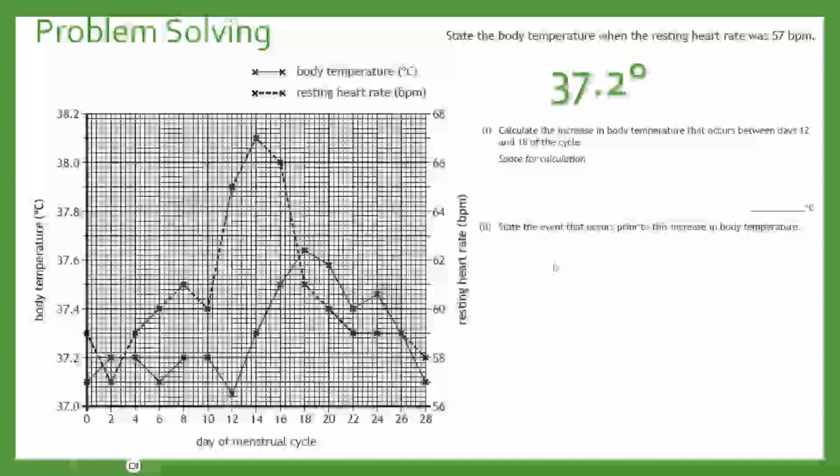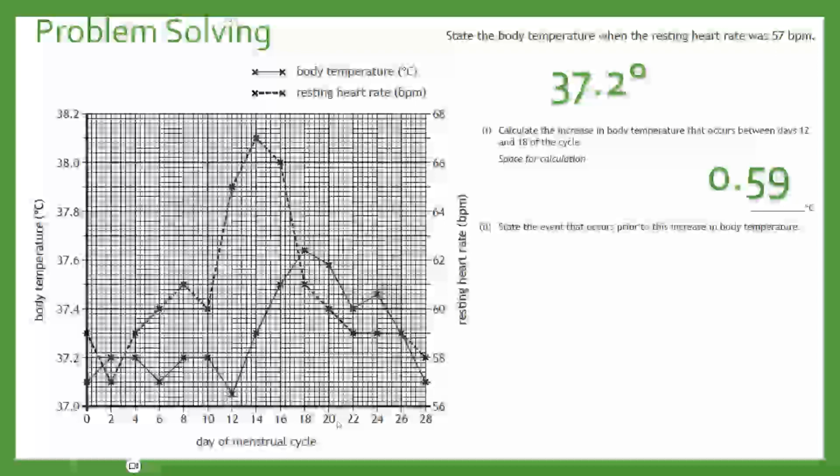Next one, calculate the increase in body temperature that occurs between days 12 and days 18 of the cycle. So again, this is a reading the graph question. Yes, a calculation involved. So note that we're just looking for the increase, how much it goes up by, i.e. the difference between days 12 and 18. You're not asked for percentage change, percentage increase. Okay. So if we read day 12, again, we're looking for the body temperature from this side,